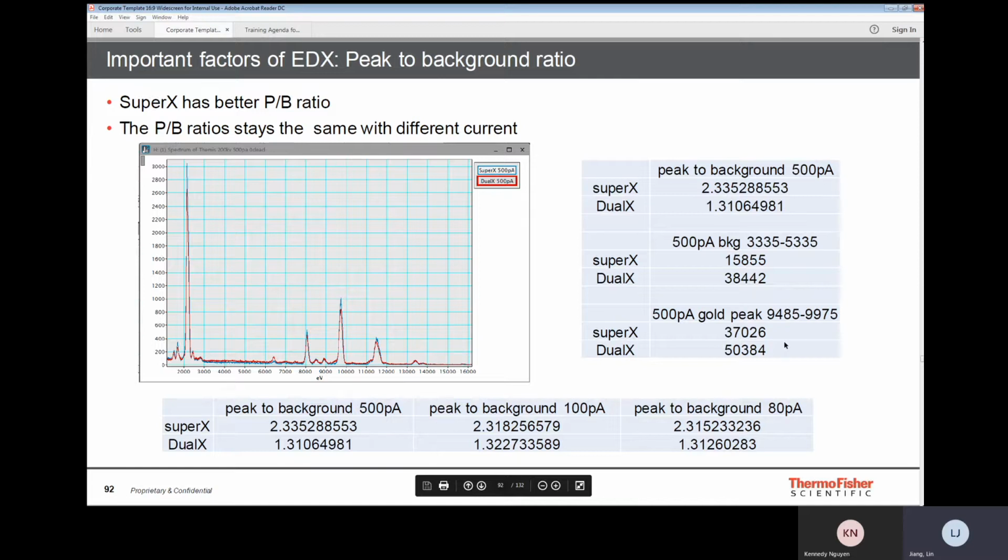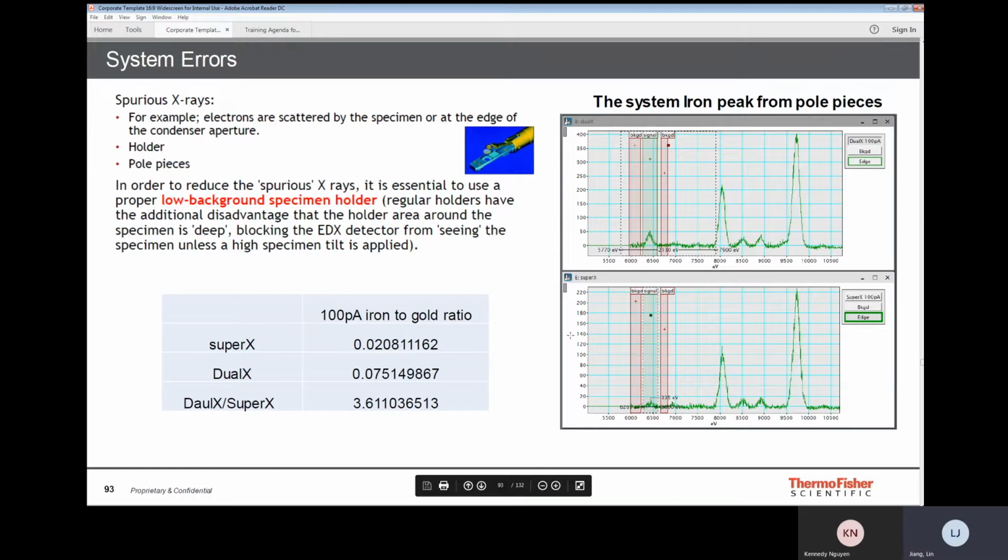peak to background ratio, meaning it has higher energy resolution. The last parameter is system errors. So the first thing is whether you get a spurious X-ray. For example, electrons scattered by the splitting at the edge of the condenser, and some spurious X-rays caused by the pole-piece or whatever kind of holder you have. If you use copper, usually we get a system error,